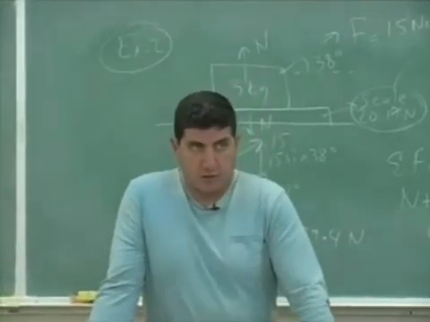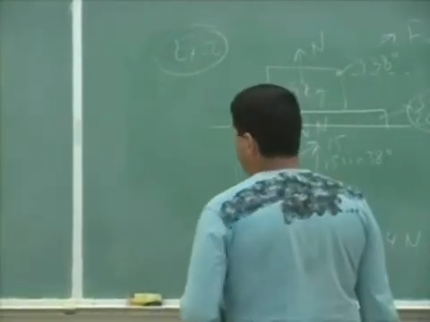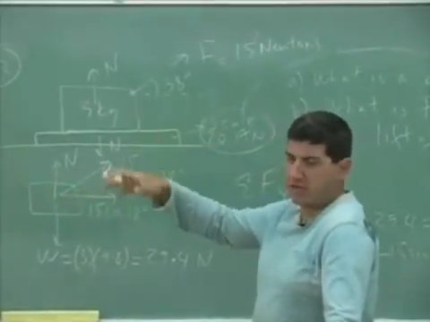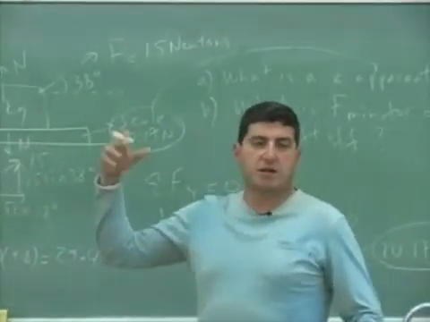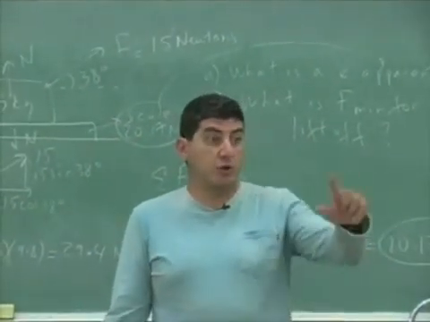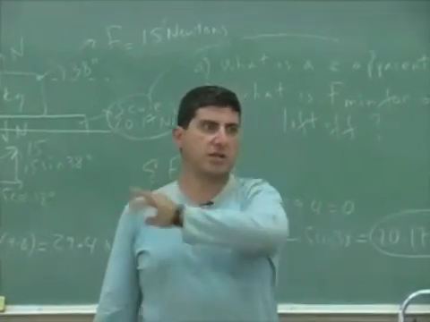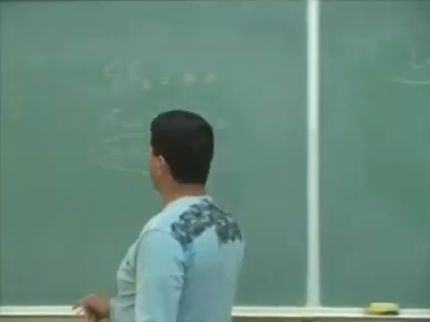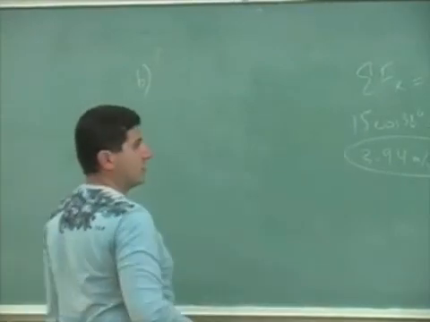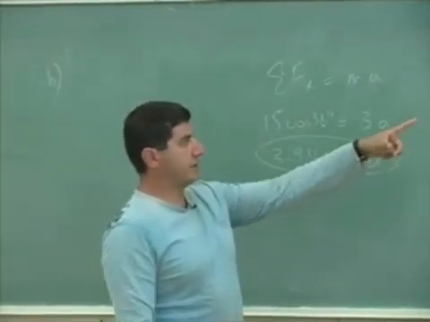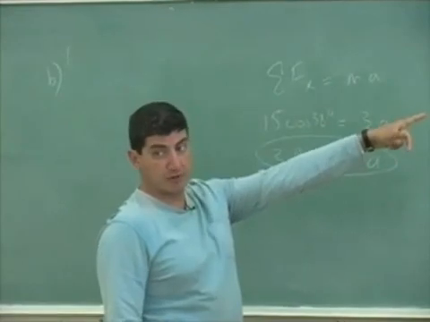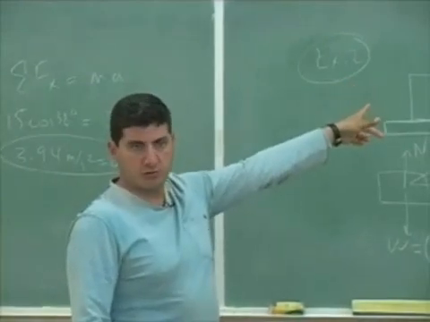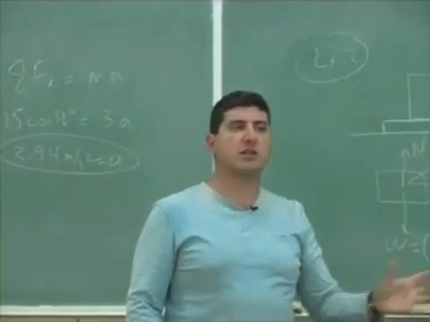Okay, so we got the acceleration, and once you have the acceleration, if the problem asks other questions about it, like what is the final velocity, or how far is it going to travel after a certain time, then you can use the equations of kinematics to answer any other kinds of question. Okay, now let's answer part B. What is F min for liftoff? In other words, if I keep exerting larger and larger forces, I'm going to give it such a lift that the normal force is going to go to 0. That's what happens, by the way, anytime you lift anything off the table. Let's say